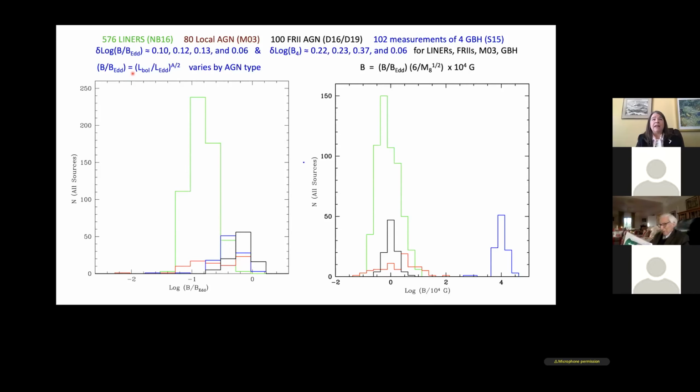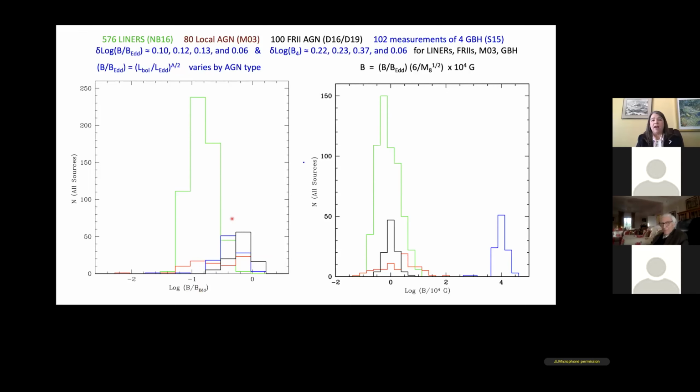On the left, the magnetic field strength in Eddington units, how it's obtained empirically, is shown here: L_bol over L_Edd to the A divided by 2. A is somewhere around 0.4 to 0.5 for the different samples. This is approximately the power 0.3, say, or 0.2. All right, so we see here that the magnetic field strength in Eddington units for these accretion disks does vary